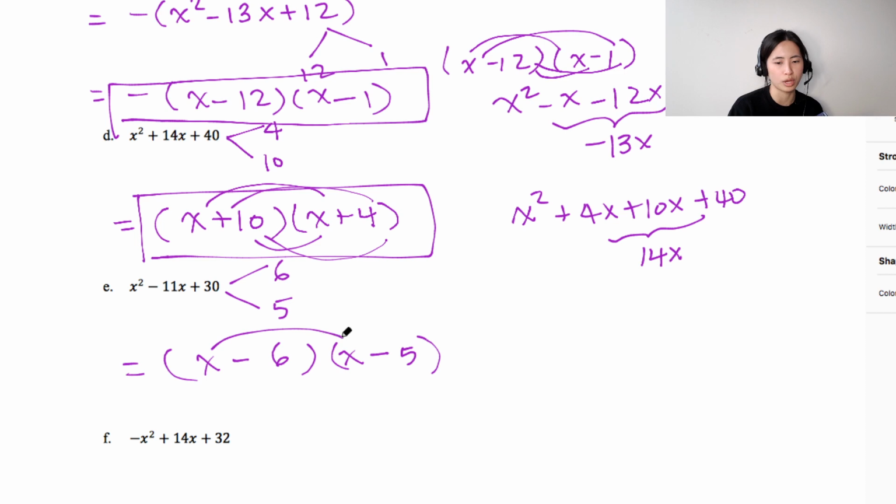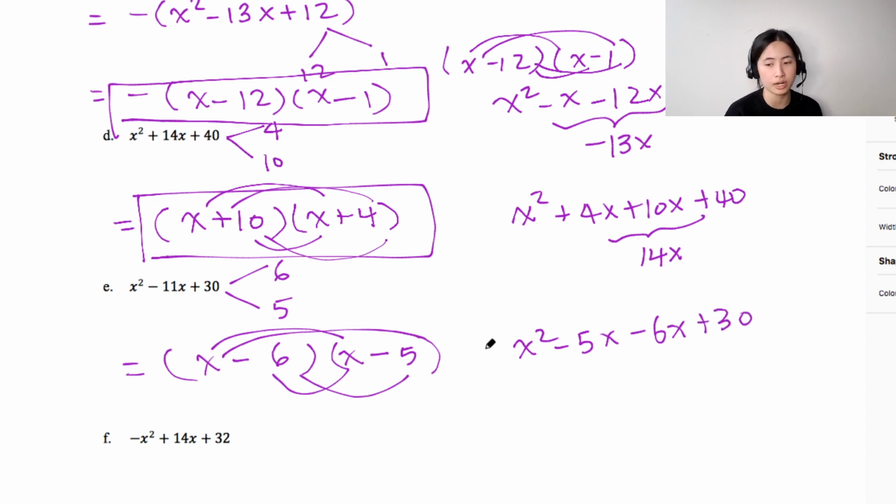Say for example, you apply the FOIL method, you would get x squared, and then you multiply negative 5 times x, which gives you negative 5x, and subsequently when you multiply negative 6 times x, you get negative 6x. And then finally, negative 6 times negative 5 gives you positive 30, because a negative number times a negative number is a positive number. And as you can see, negative 5 and negative 6 add up to negative 11x. That's why you need x equal to 6 and x equal to 5. Or in other words, it's x minus 6, because when you move 6 to the opposite side of the equation,